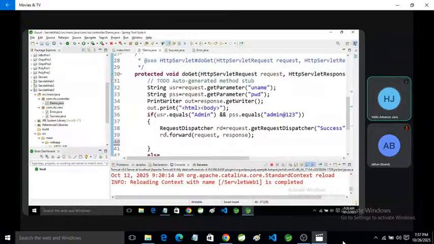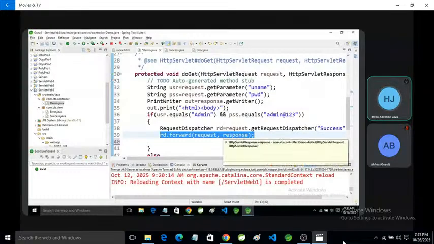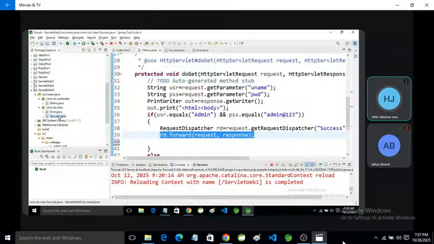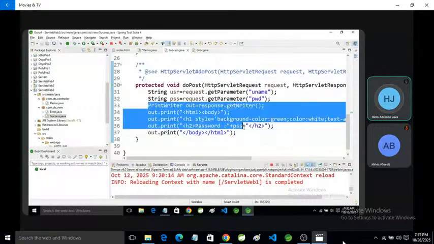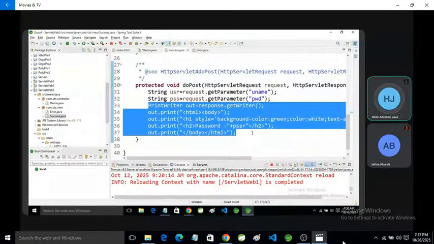So it will transfer the request and response. All values of request and response are transferred to the success page. We can also receive the values forwarded from the request and use them. The main benefit of forwarding request and response is that it also transfers their values, so we can use that data in another page.